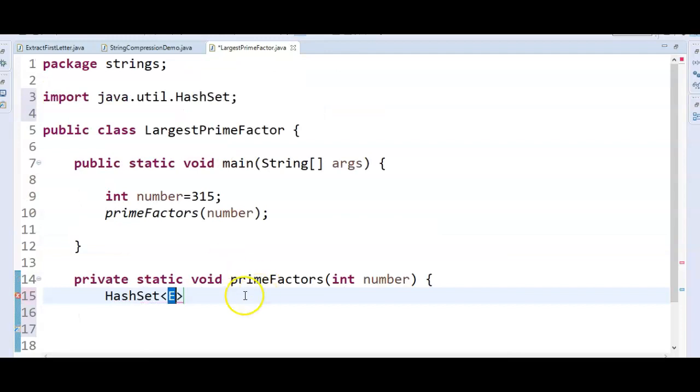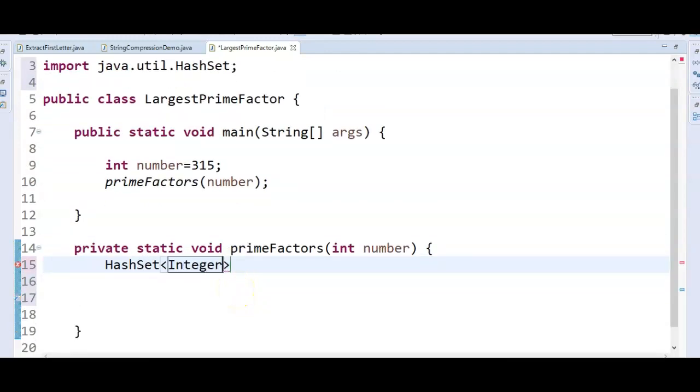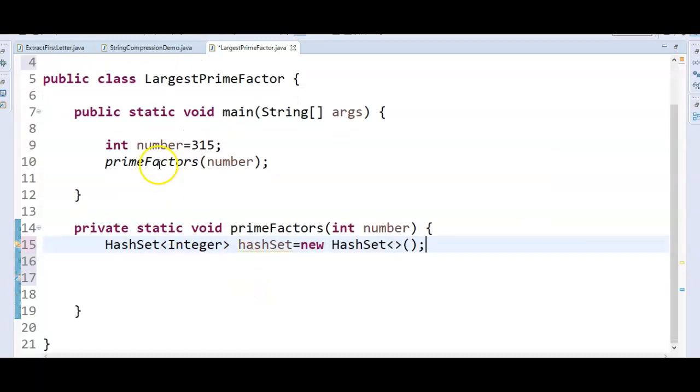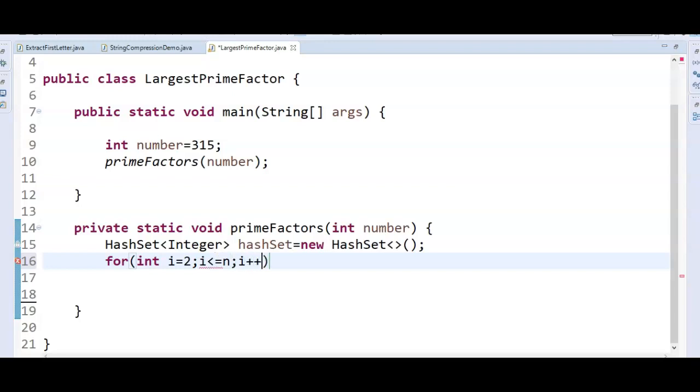HashSet of Integer hashSet equal to new HashSet. Now we'll start the loop with for int i equal to 2, i less than or equal to n, i plus plus.